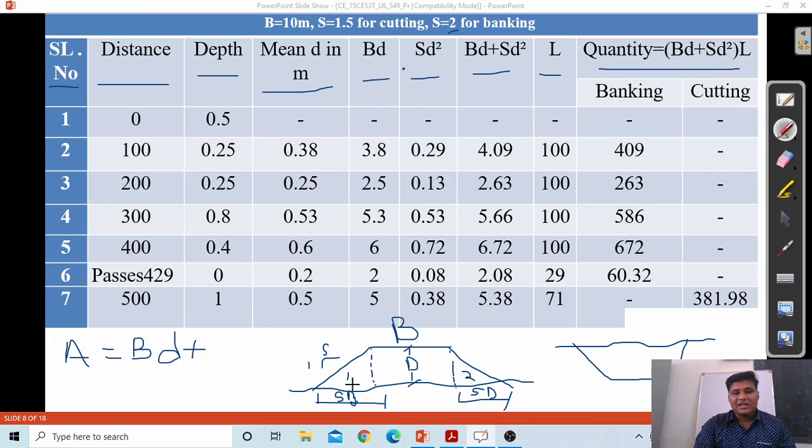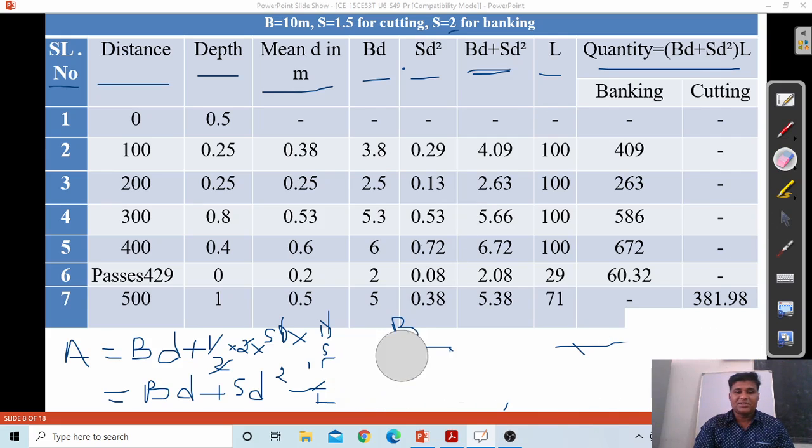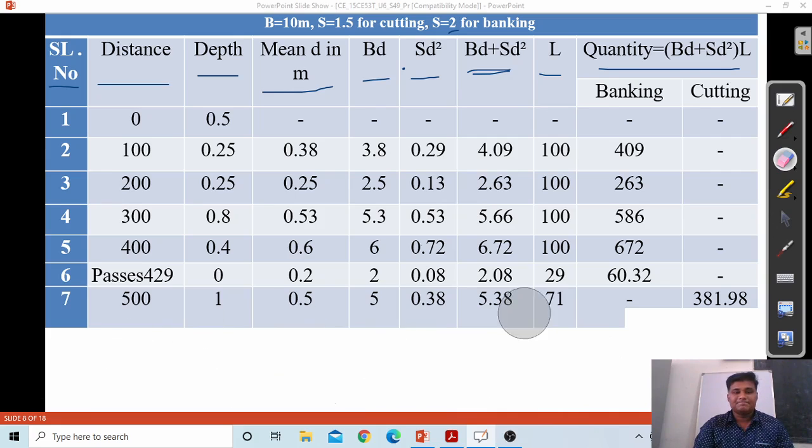So the area of two triangles will be half into, there are two triangles, the base is S into D, into what is the depth? It is D. The 2 gets cancelled. So what is the total surface area? B into D plus S into D into D. So D into D is D square, BD plus SD square, right? So this is the procedure for calculating the